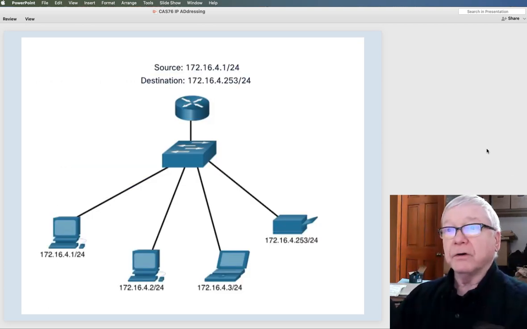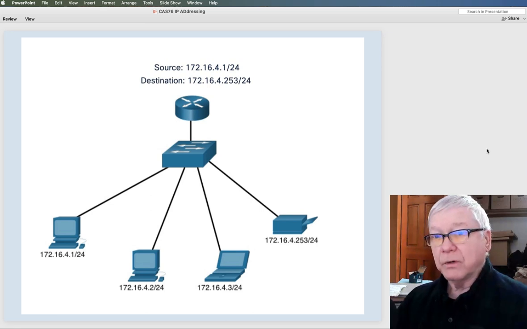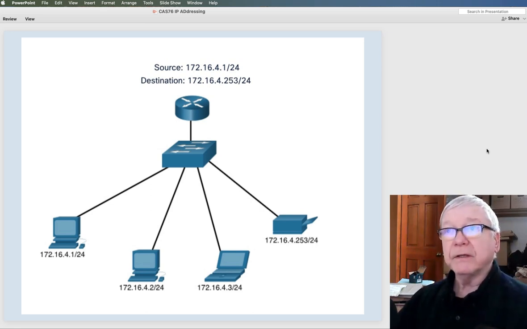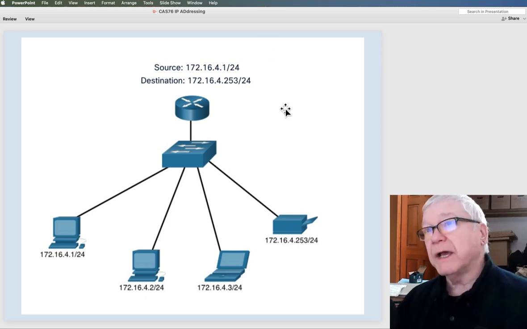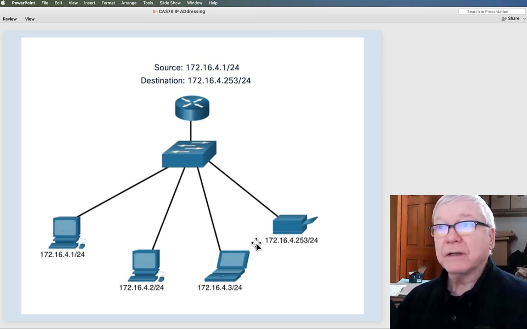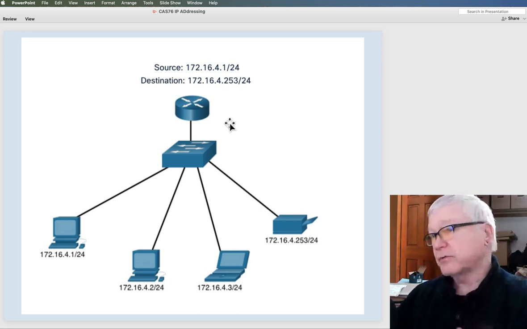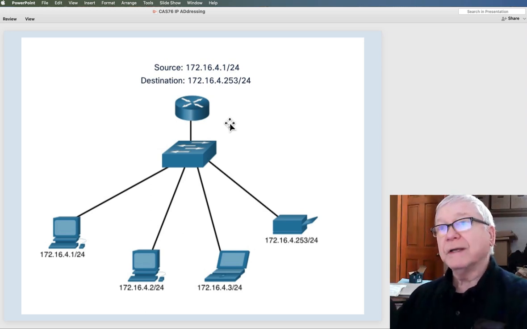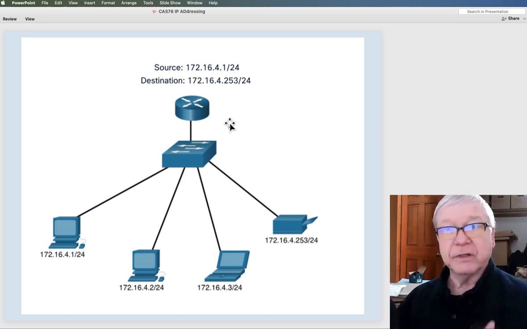And in the case of this local area network, it is populated with a, what? It's a /24 mask for a 172.16.4 net. And so the available IP addresses would be from what? .1 to .254, because .255 would be the broadcast address that all of these devices would listen to. .0 is the address of the network itself.